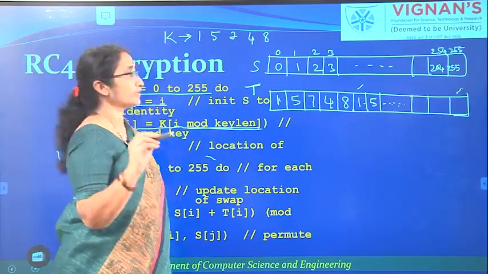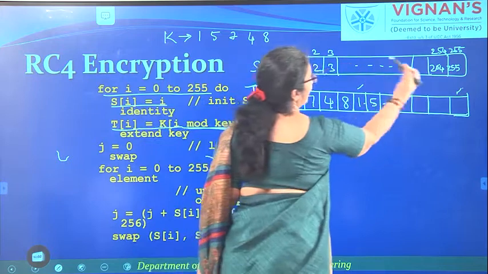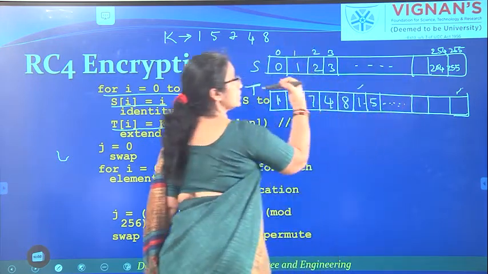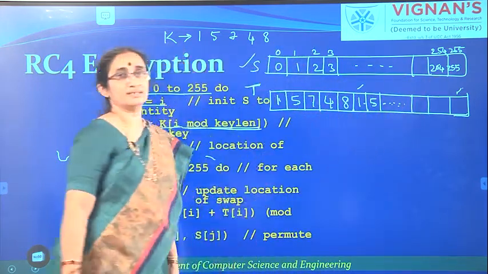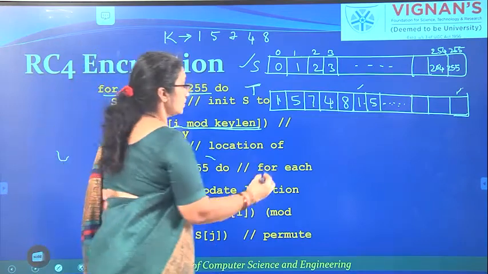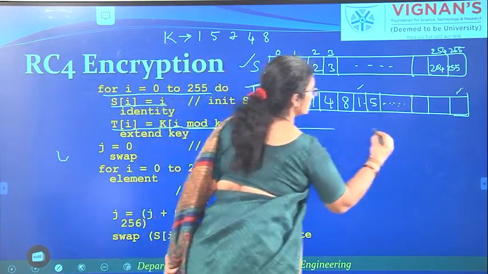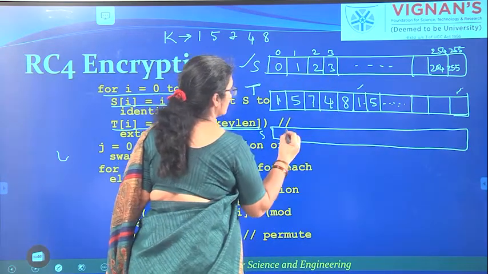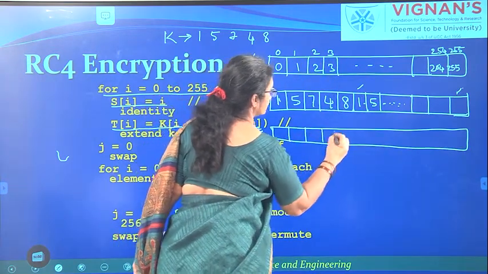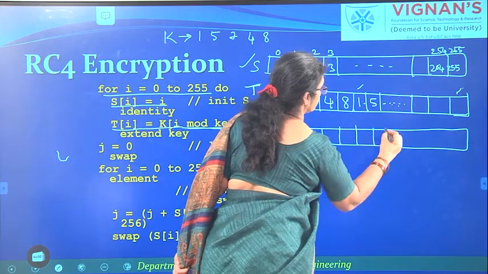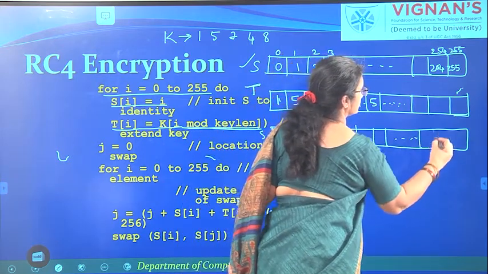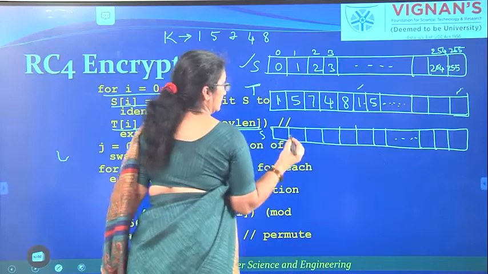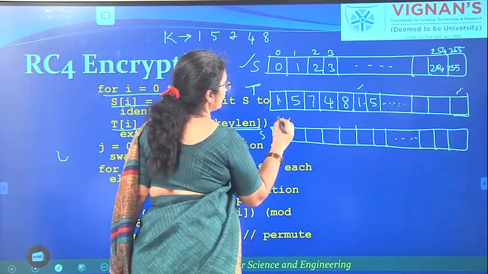The third step is to shuffle the values of this S array. So, to shuffle the values of this S array, how do we do it? Let us see how we are shuffling these values.